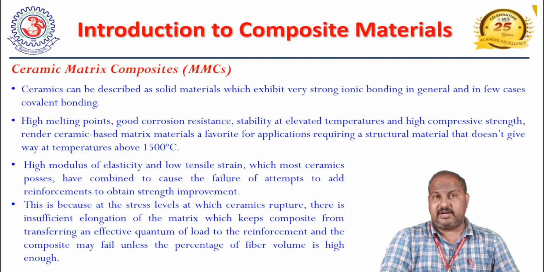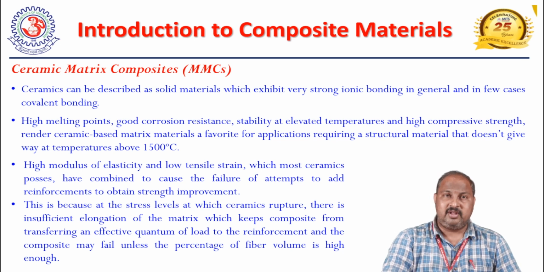Coming to the next category of composite materials, that is ceramic matrix composites. Ceramic matrix composites are a category of composite materials in which ceramics are used as the matrix material. They exhibit very strong ionic bonding in general, and in few cases covalent bonding, high melting point, good corrosion resistance, stability at elevated temperatures, and high compressive strength. These render ceramic based matrix material a favorite for applications requiring a structural material that does not give way at temperatures